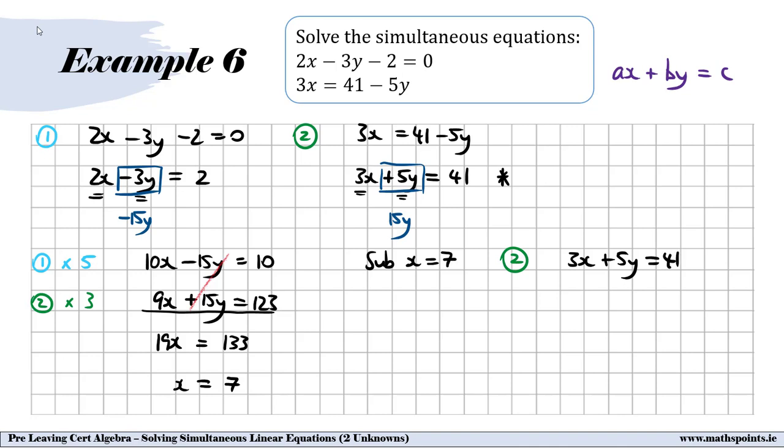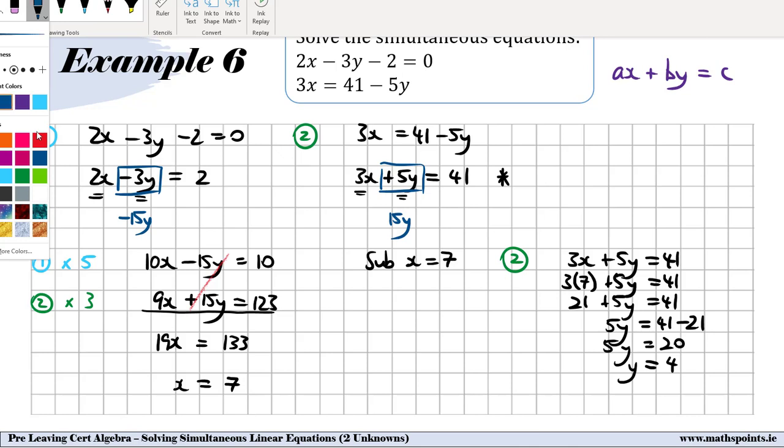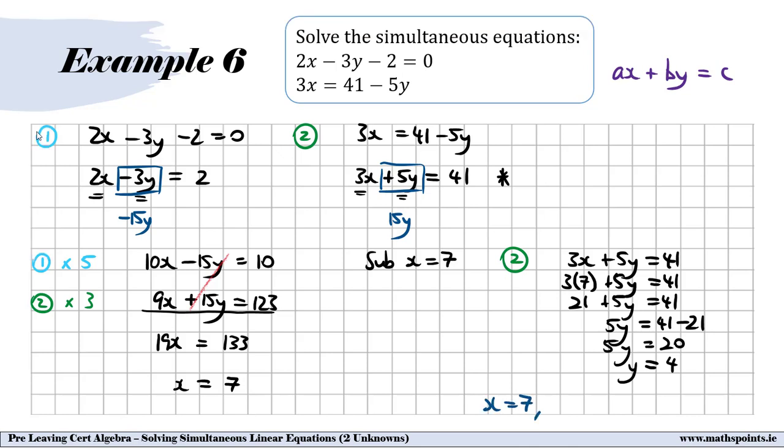So I have 3 times x, which is 3 times 7, plus 5y equals 41. 3 times 7 is 21, plus 5y equals 41. Subtracting 21 from both sides, I get that 5y equals 41 minus 21, which is 20. I'm going to divide both sides by 5, and I get y is equal to 20 divided by 5, which is 4. And so the final solution to this simultaneous equation is that x is equal to 7 and